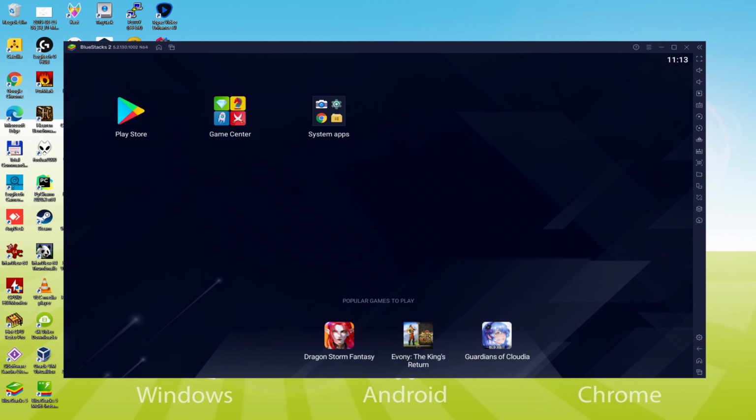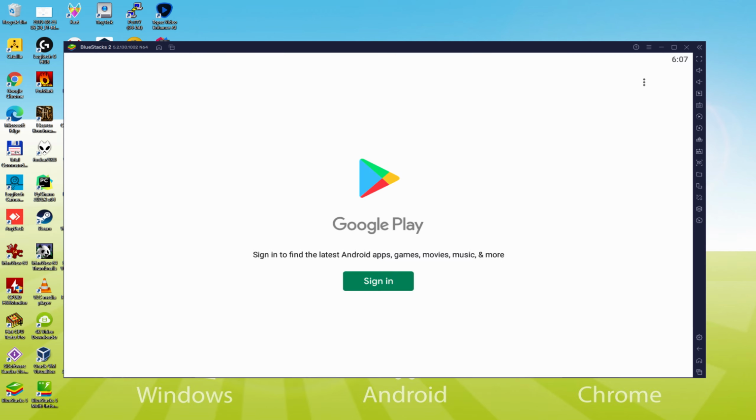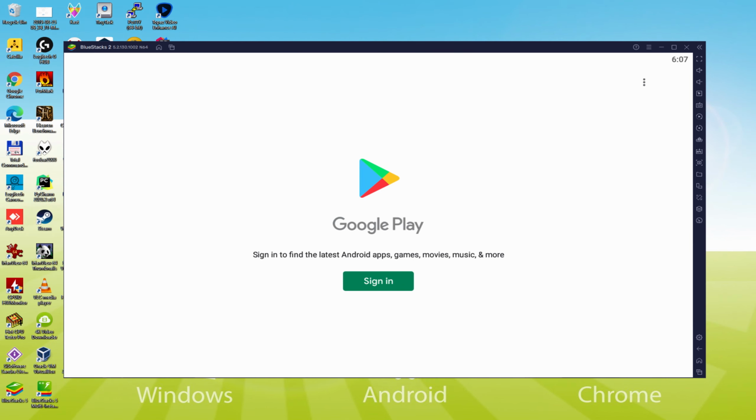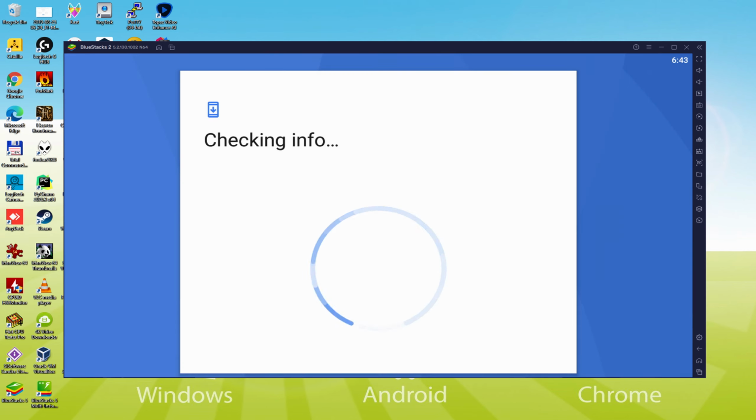Shall we make the next phase, which is actually a must-have, and that is to begin to browse the Google Play Store. And we'll mouse click on Play Store. As you can view, the Google Play is presented. At this point we have got to log on. So now the moment we're right here, we must definitely do this next step that is definitely mandatory. So we simply click on Sign In. Presently it announces Checking Info.